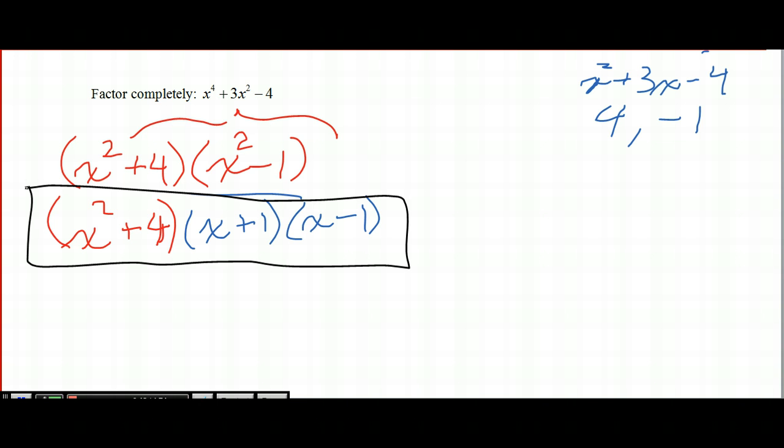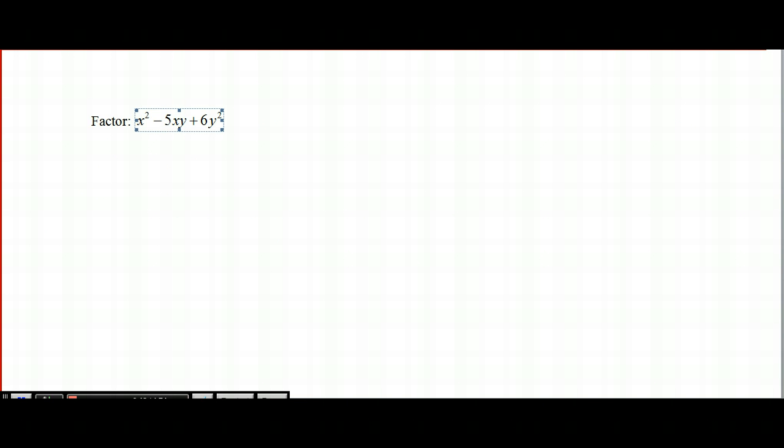All right, let's take a look at a couple more here. Okay, so this is another one that kind of might scare people off because we see a y in here. Oh, there's a 6y squared and minus 5xy. Don't be intimidated by the fact that you see a second variable here. Just like we saw in the last example with the x to the fourth,